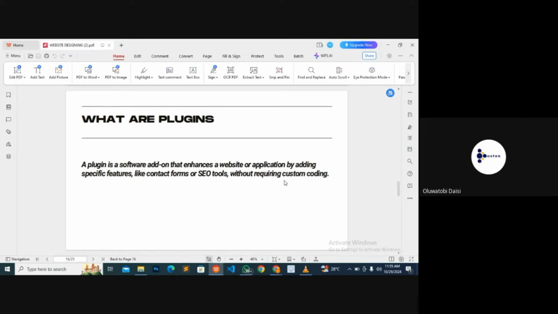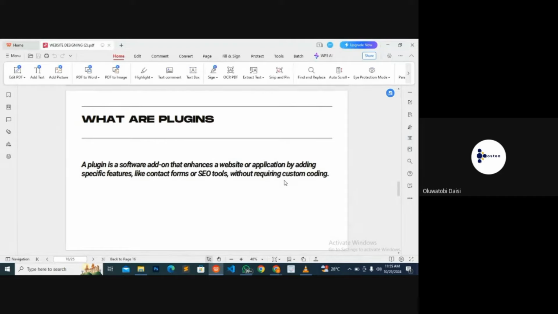We want to be able to say we are on an e-commerce website, we want to purchase a product. You should be able to pay for that product online, and the owner of the website gets his money online. You see, you are performing an action. You want to be able to say that when we click on what we call a WhatsApp icon, we should land on the website owner's WhatsApp chat. How do you achieve those actions on your website? It is through what we refer to as a plugin.